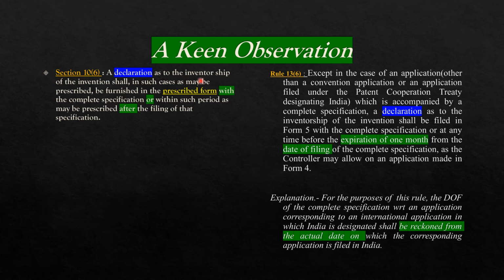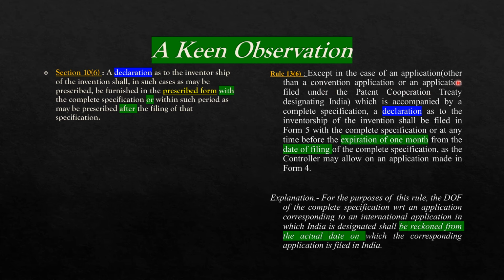A declaration as to the inventorship of the invention shall, in such cases as may be prescribed, be furnished in the prescribed form with the complete specification, or within such period as may be prescribed after the filing of that specification. And here Rule 13 subrule 6 says,